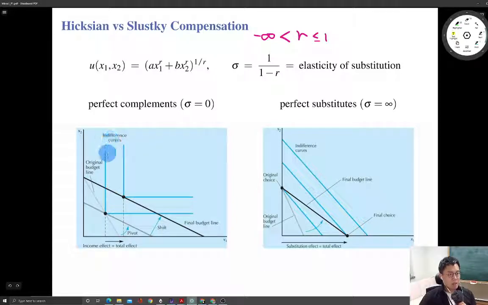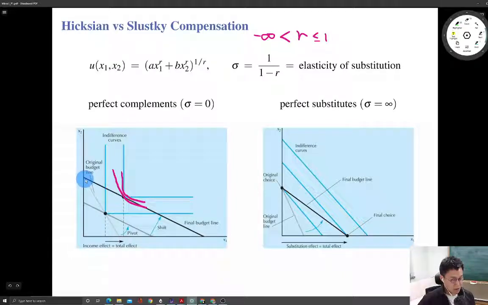But in case of perfect complements, there is no difference between Slutsky and Hicksian compensation, meaning that the indifference curve is sufficiently convex toward the origin like this. Sufficiently convex means the curvature of the indifference curve is very high, like this. So the L-shaped indifference curve describes the extreme case. In that case, we can easily see there's no difference between Hicksian and Slutsky compensation, because